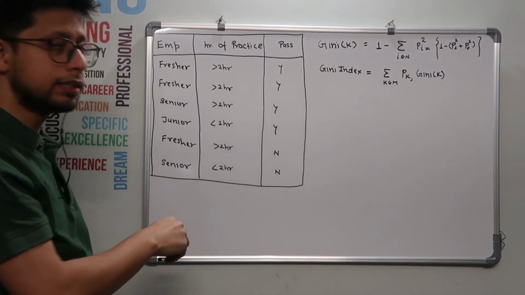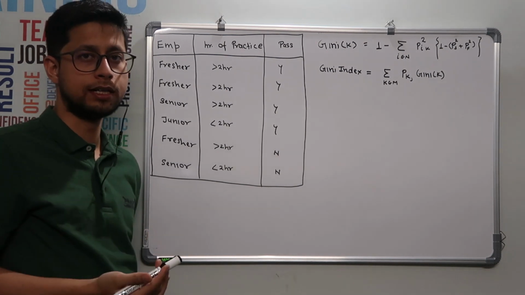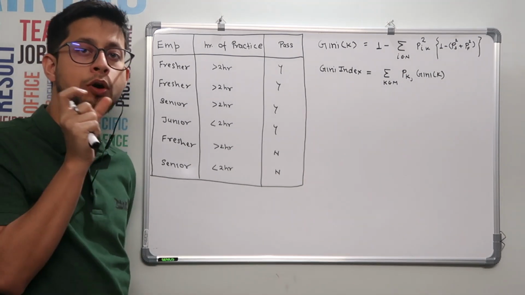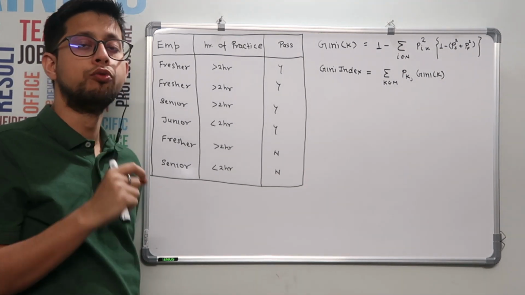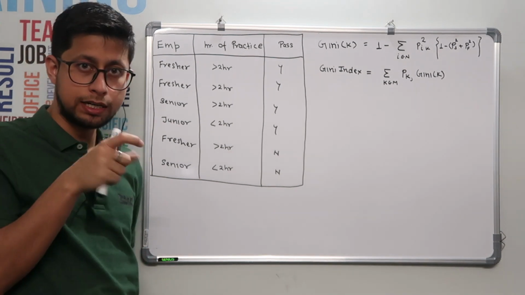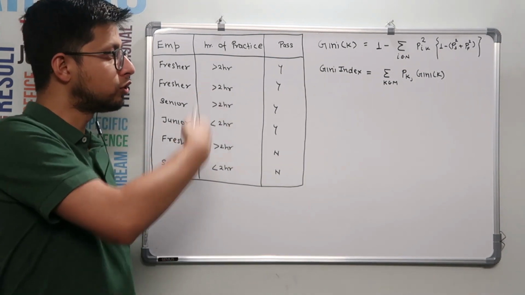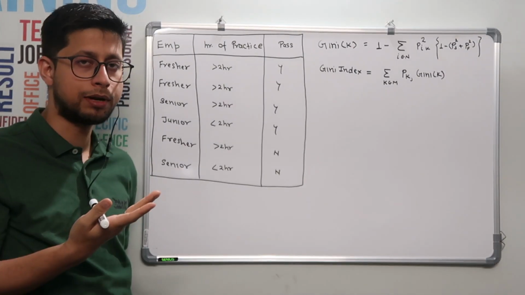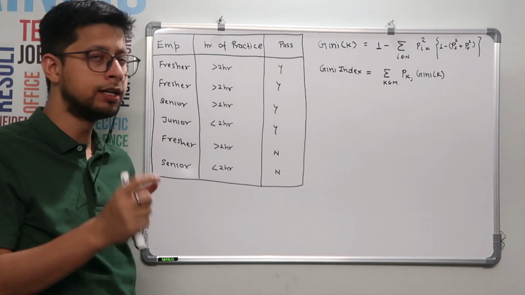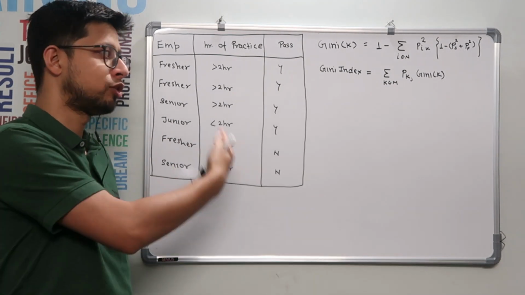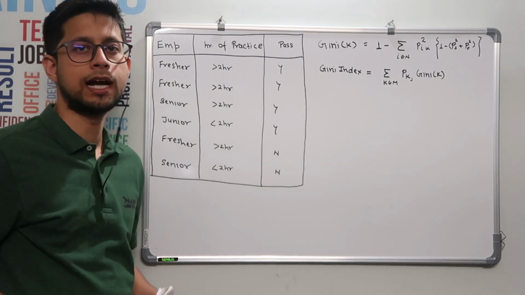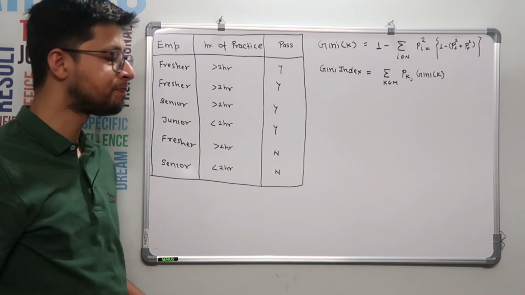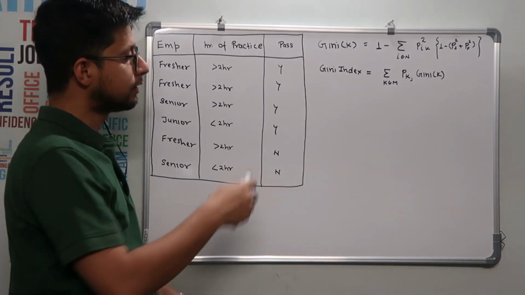For this we are going to implement a decision tree algorithm. The conceptual understanding we need here is how a decision tree node is decided: what will be the parent node, what will be the in-between decision node, what will be the leaf node. Those are all criteria we need to decide. Of course, if you use sklearn, the library is built in and everything is done in one command. But what happens behind the scenes is what I am going to describe. In the last video I described it with entropy and information gain, and today we are talking about Gini and Gini index.